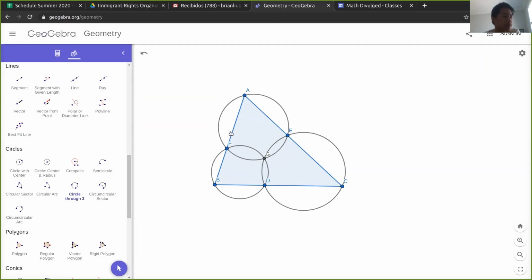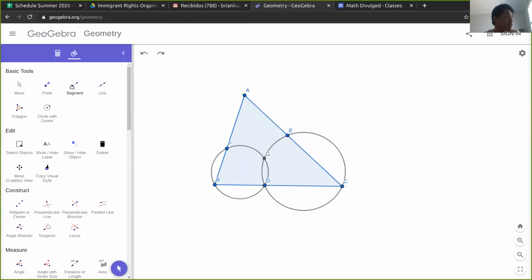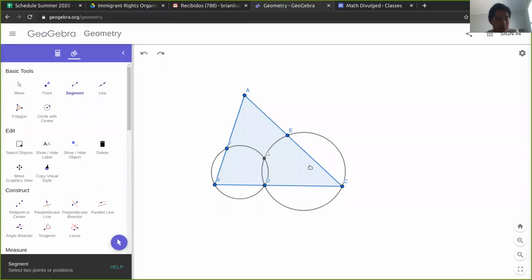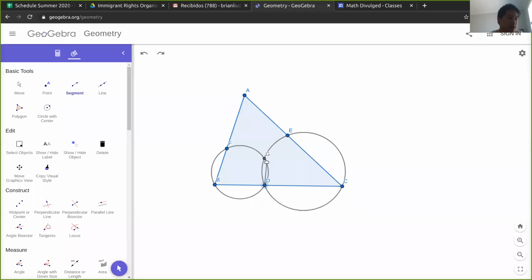And so we first define this point as the intersection of these two circles. And now we want to show that it's on the circle going through AEF as well. So y'all are suggesting angle chasing, and that's a really good idea. So if we angle chase,